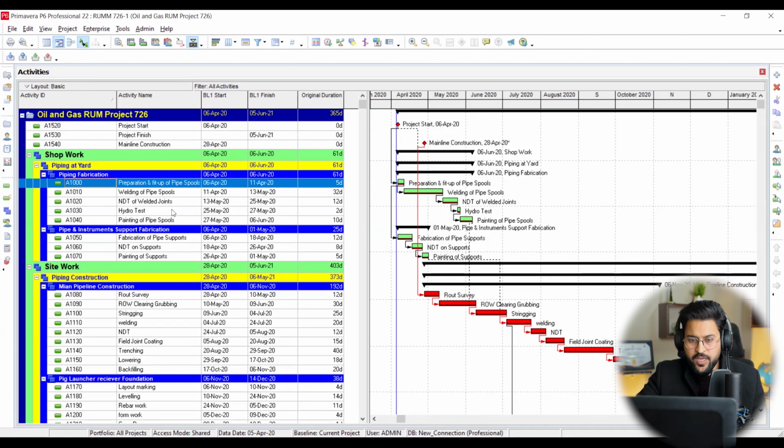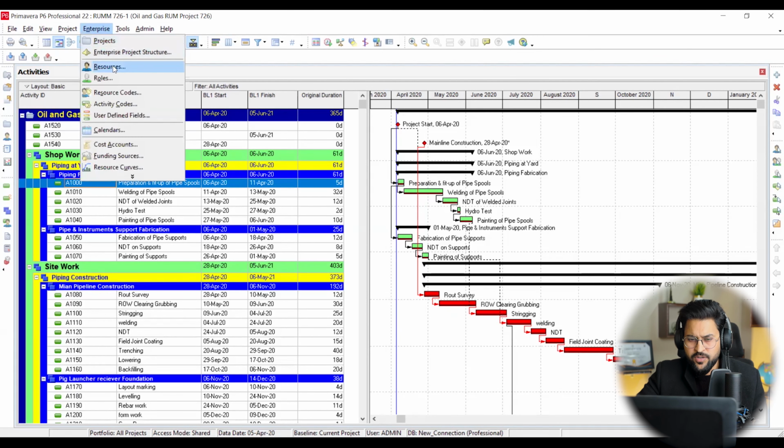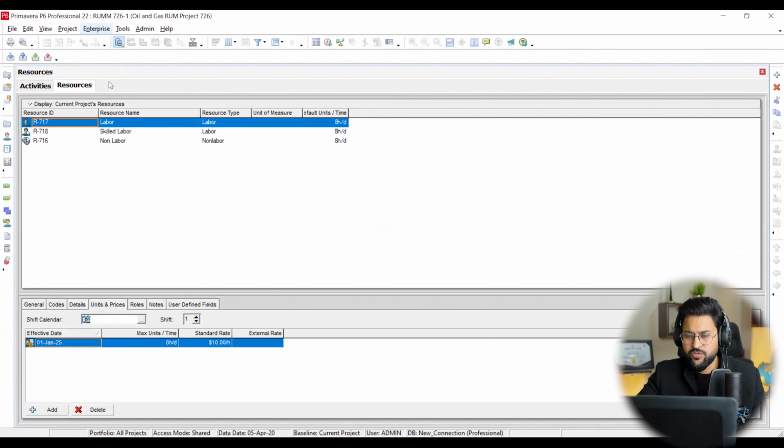So over here, how to open up that window? I'm going to click over here on Enterprise. Under this you can find Resources. Once I click Resources, you will be given a new window. This window serves to add all the resources which you have already identified, to assign to your activities, and make estimations about resources, because this estimation about resources against your task, against the work quantum, is going to make your project schedule more detailed and authenticate your project